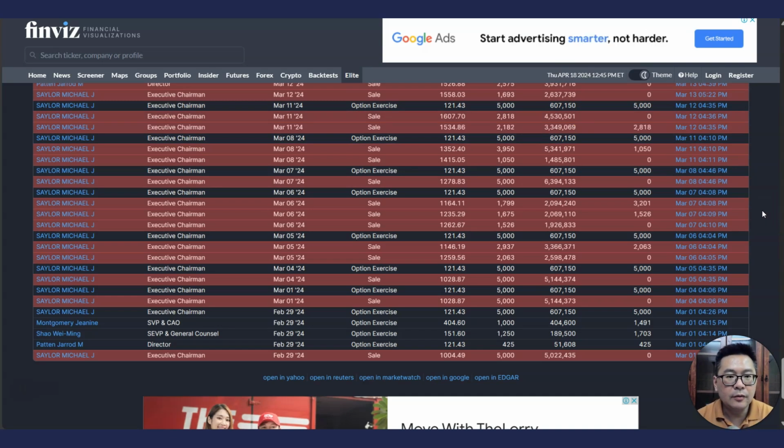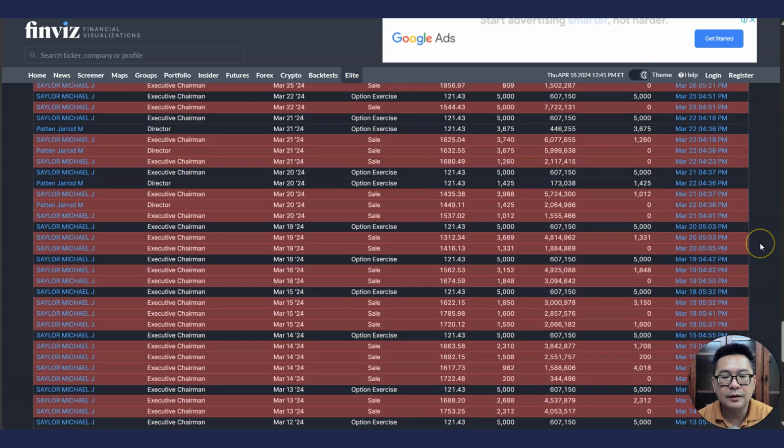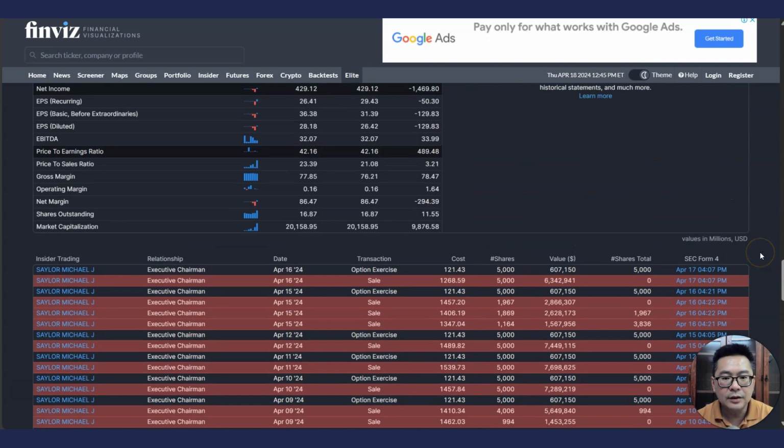Well, in my opinion, it's normal and all right for an executive chairman and director to sell their shares. Right? Maybe they want to take profits. They need the cash for something else. Now, the most important thing is for you to realize how much is the worth or percentage that he's selling. Okay, let's say he's a 10% owner. If suddenly he sells all his shares, or 50% or 70%, then you might need to start thinking why. Okay, but if it's just a small percentage of what he owns, then it's not that big an issue,